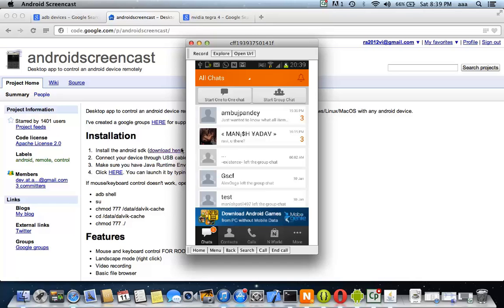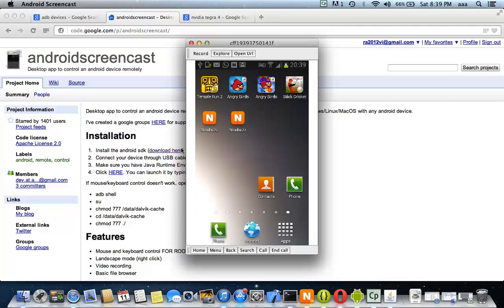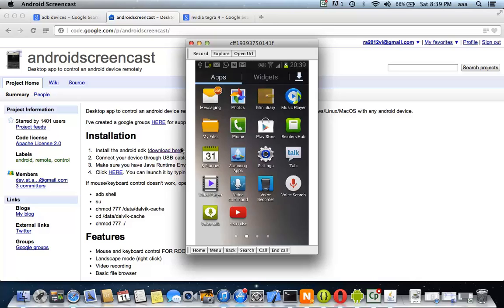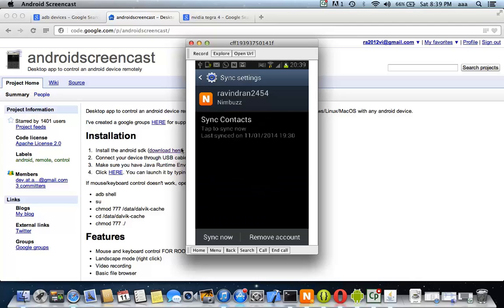They have to put that in their code. In that case, obviously what happens is the size of the app shoots up. So I'll just check the size of the app of Nimbus. Let me just open that.